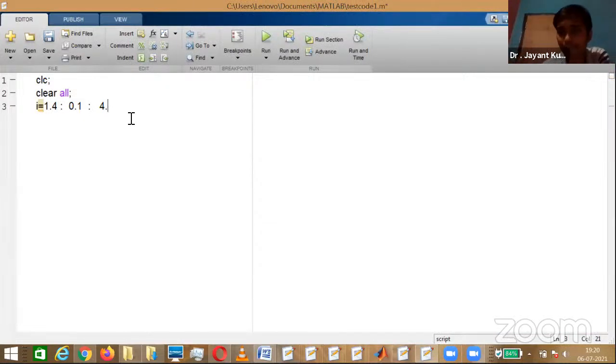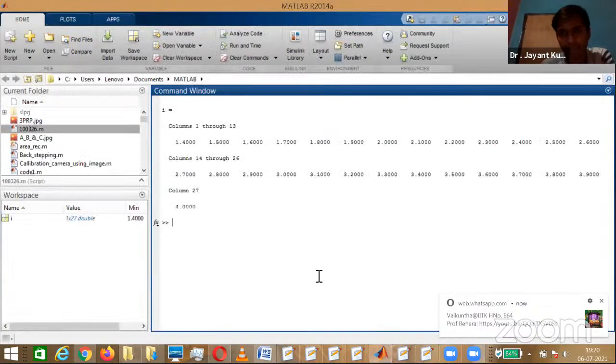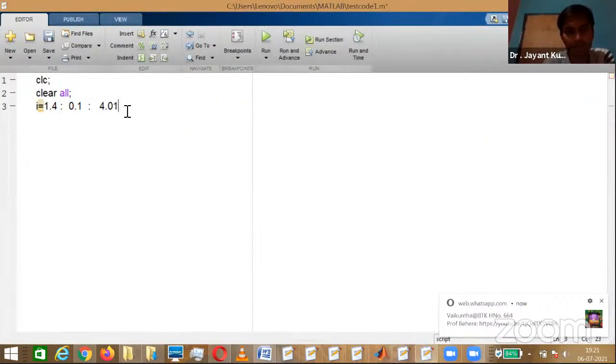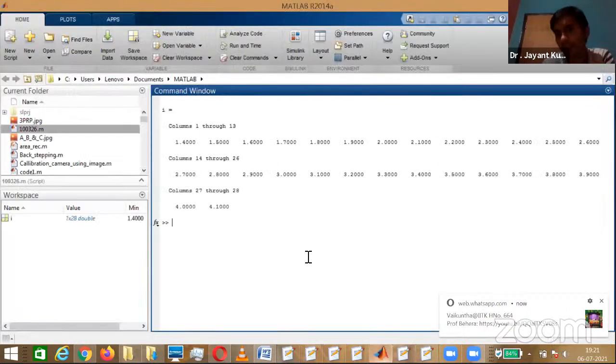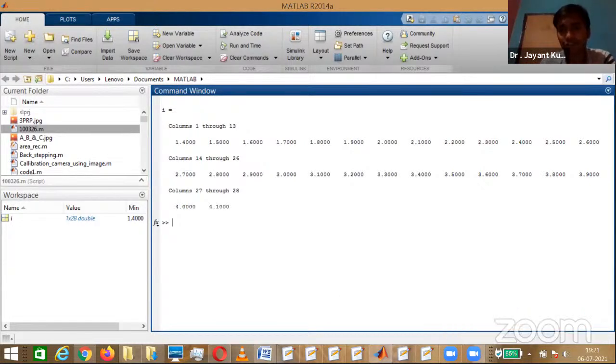क्योंकि 4.1 नेक्स्ट नंबर होगा, लेकिन 4.05 होगा तो ये नंबर तो नहीं पहुंचेगा, तो इसको डिडक्ट करेगा कि कंटिन्यू करेगा? अगर ये चेक करना है तो देख लेते हैं हम लोग, ताकि आपको डाउट ना रहे। तो नहीं, ये नहीं करेगा अनटिल अगर आप इसको 4.1 नहीं देंगे। तो 4.1 अगर आप देंगे तो जब आप रन करेंगे तो ये 4.1 तक जाएगा। ओके, सो लास्ट वैल्यू फाइनल होल नंबर जहां तक वो इंक्रीमेंट कर सकता है, till the time it will be able to increment, it will do, जहां तक वो इंक्रीमेंट कर सकता है वो करेगा।